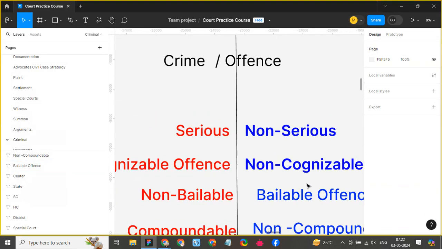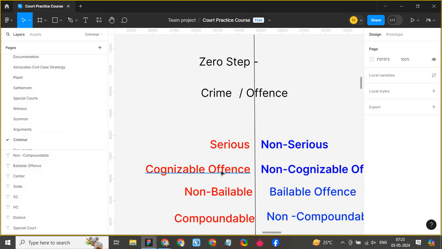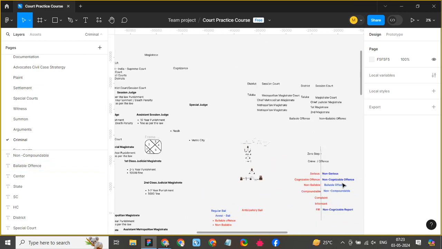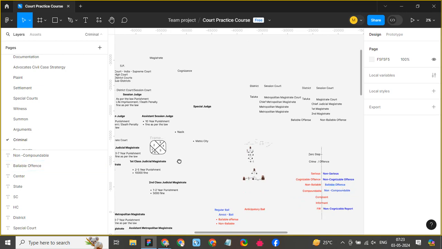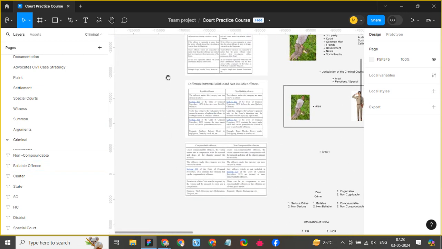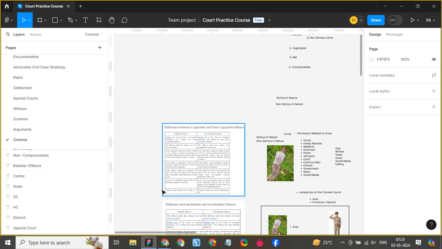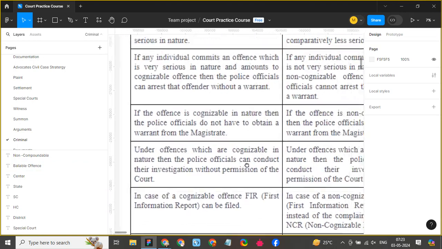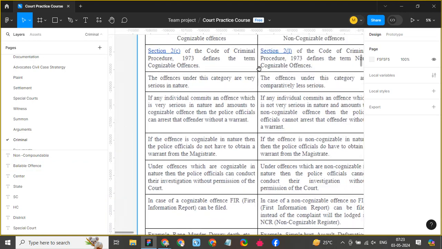In the next part we will go through cognizable and non-cognizable, bailable and non-bailable in the third part, and in the fourth part compoundable and non-compoundable. For the same purpose we just have to go through the chart. Okay, you can take the screenshot if you want. So this will be the first part